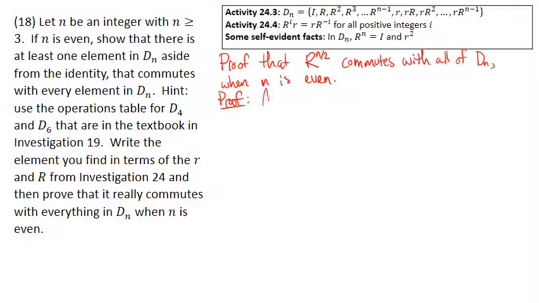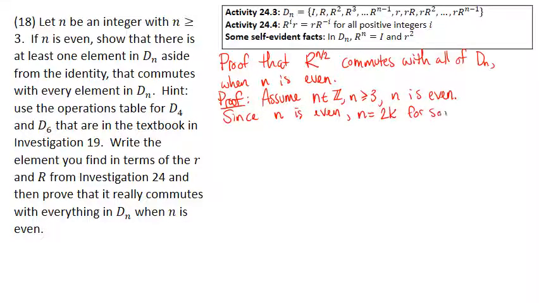So I'm going to assume that n is an integer, that n is greater than or equal to 3, and that n is even. Okay, and now since n is even, let's actually call n equal to 2k for some integer k. All right, so then now what we want to show is we will show